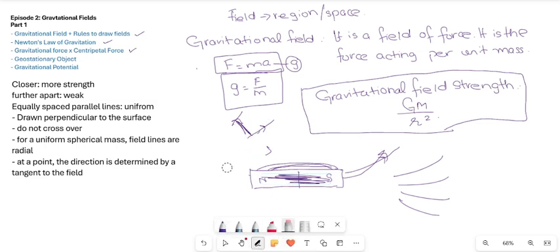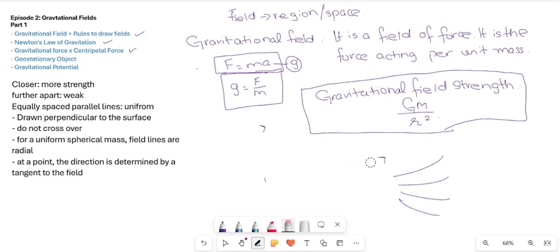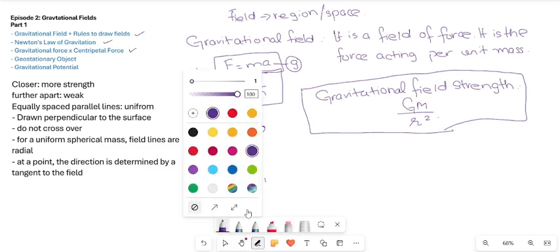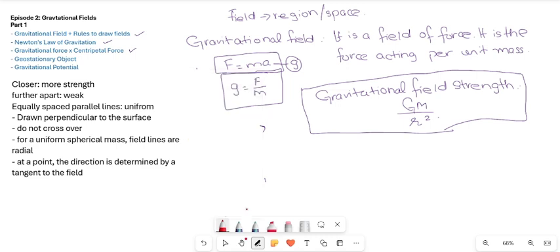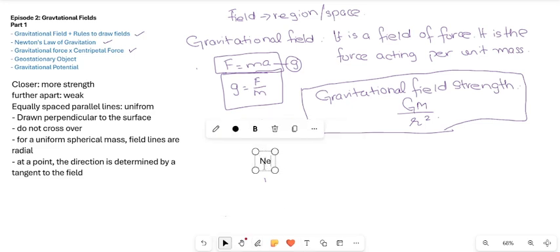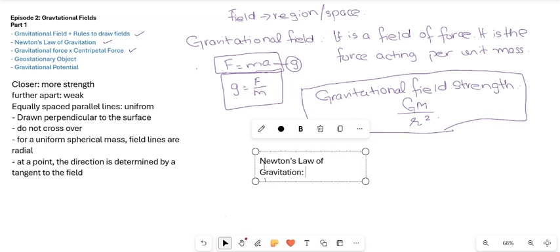Having talked about the gravitational field lines and the rules, we will move towards our next important part, that is Newton's law of gravitation. Now, Newton's law of gravitation says the force of attraction